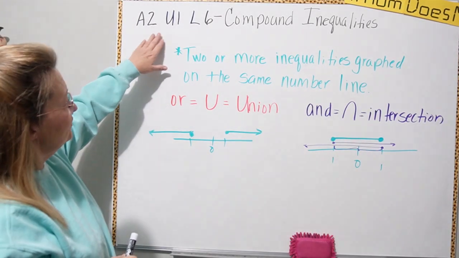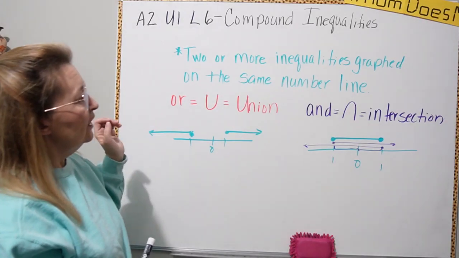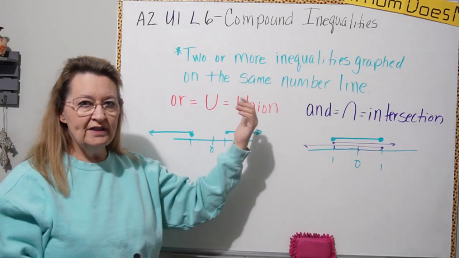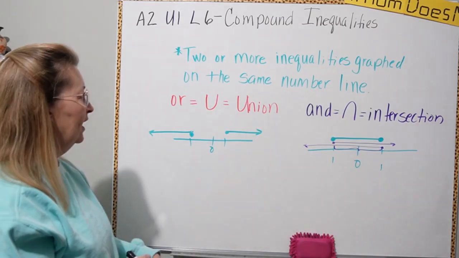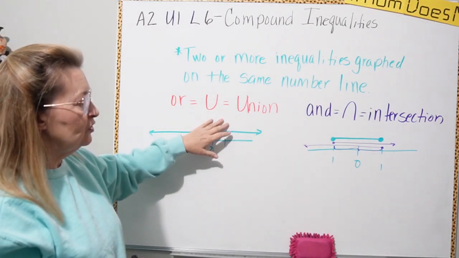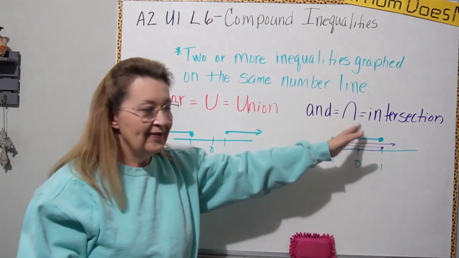So this is lesson A2U1L6 on compound inequalities. What is a compound inequality? Well, it is two or more inequalities that are graphed on the same number line. And we have two different types. There's the OR, which is a union, and the AND, which looks like this, upside down U, and that's an